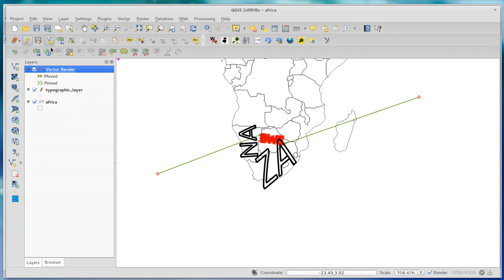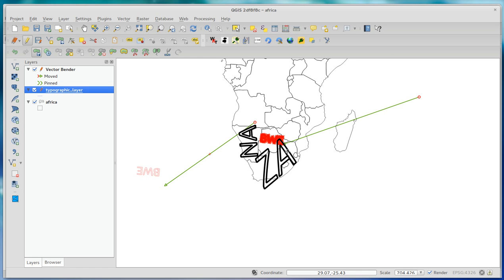And I'm going to do it in a very simple way. I'm going to digitize 2 lines, one from the top left-hand corner to the top left-hand corner of where I want it to appear in Botswana, and one from the bottom right-hand corner to the bottom right-hand corner of where I want it to appear. Right, so with 2 control points you've got enough that you can do a basic transform. Okay, and so it shrunk it down into the size of that area that I've defined there,